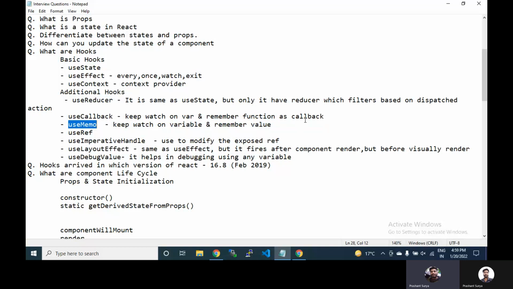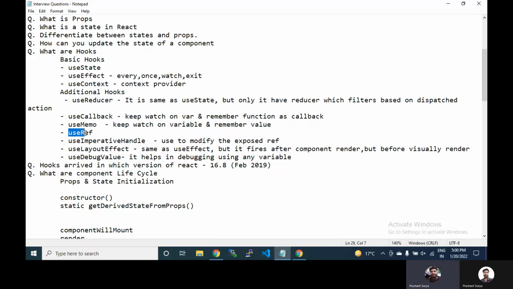So we store complex calculations and nested loop calls inside useMemo so that we will not use an excessive amount of memory while updating the component. When we re-update the component, it basically hangs if you don't use useMemo for large complex calculations. So it basically keeps watch on variables and remembers the value.